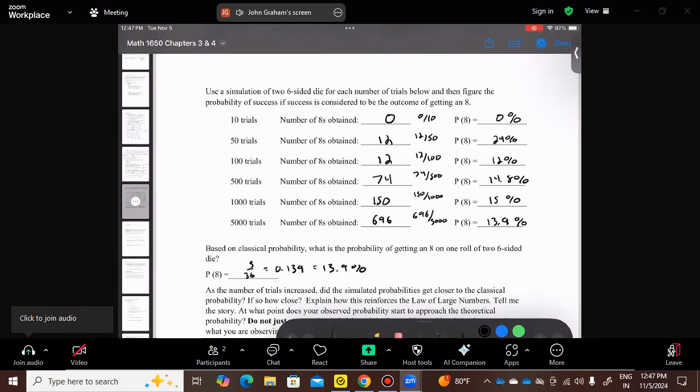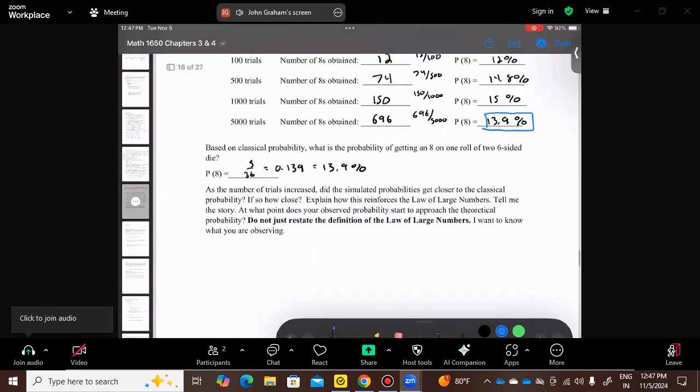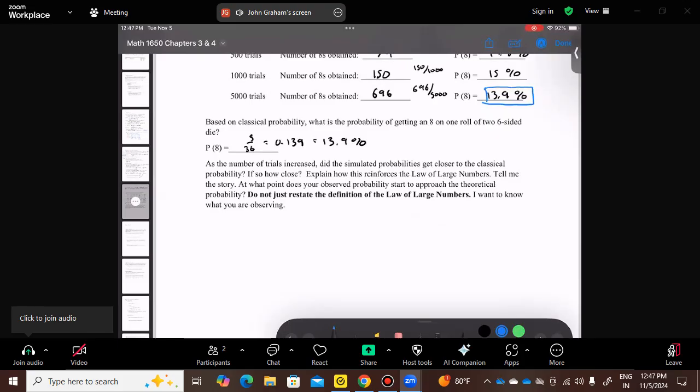Alright, so it started off really bad. 0%, 24%, nowhere near the actual. It got closer at 100 with 12%. And it did get a little bit farther off at the 500, which I kind of did not expect, but that happens. But then it's right on target, right at 5,000. Right. And so as the number of trials increased,